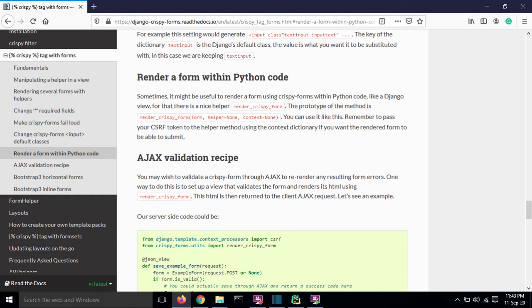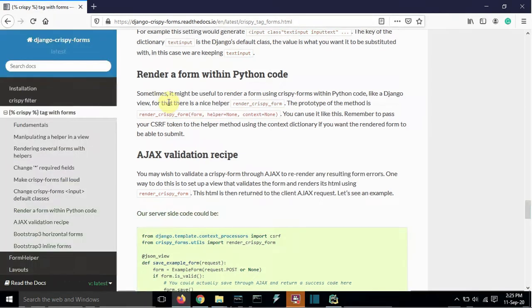Then Ajax will replace only the rendered form with the validated form. By replacing the rendered form with the validated form, we can get rid of any issue of complete page refresh. If the form is valid, we will save the data of the form and show a success message on the form. We will use Django Crispy Forms to render the form.